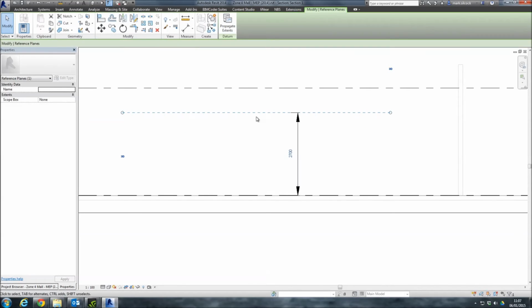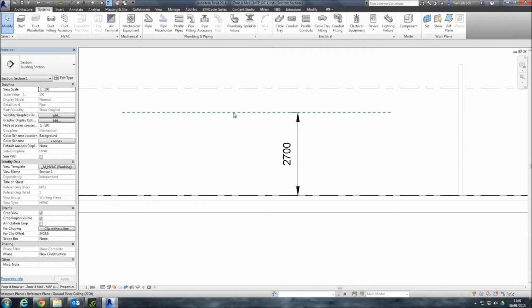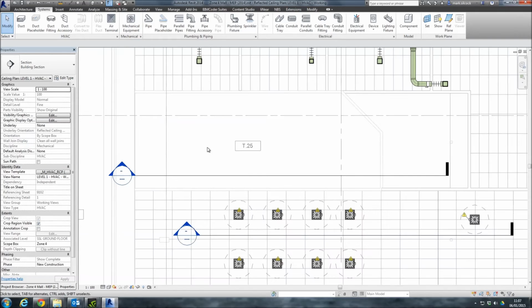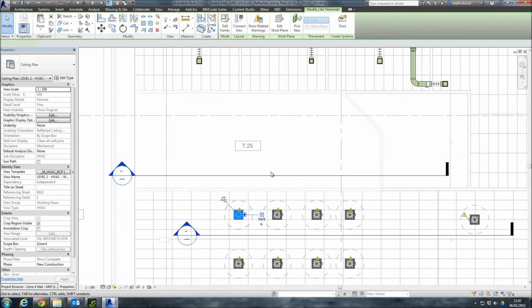Now it's a good idea to name that reference plane. If you go over here into this box we can say ground floor ceiling, and it's a good idea to put the height in there because you may have multiple reference planes at different heights. So if we now go back to the plan, we choose that same grill,